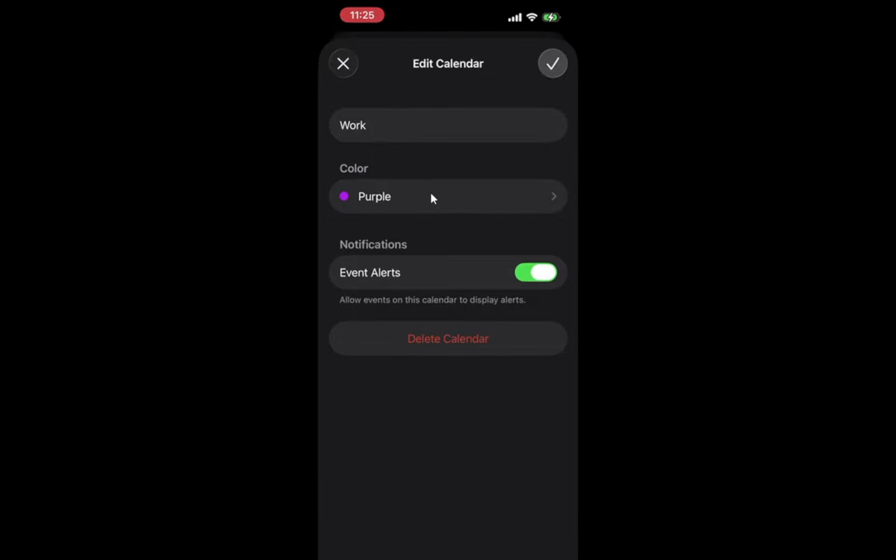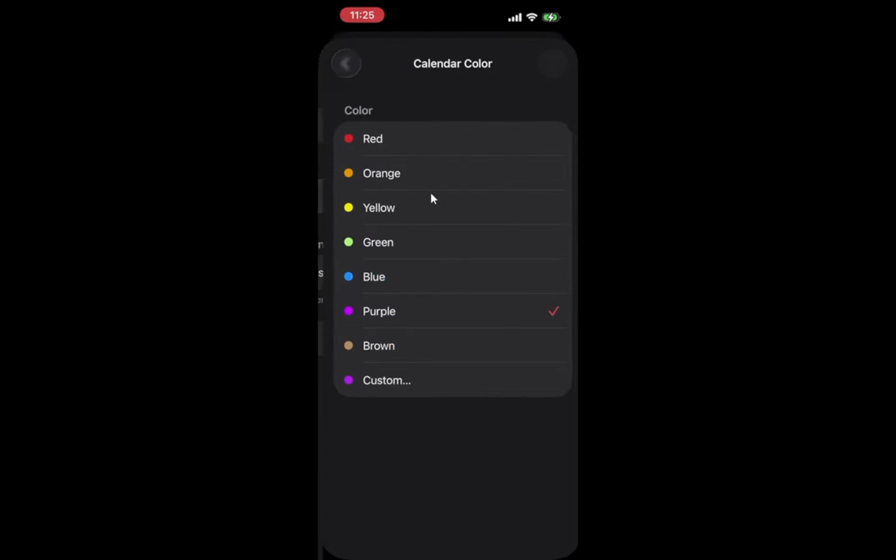Next up, choose a color. On the color screen, you will see several preset color options, each shown as a dot with a label if available. Tap one of these colors to select it. As soon as you tap, a check mark appears on that color, and the preview dot at the top updates. This change applies immediately to all events that belong to this calendar in every view, past and future, so you can quickly see how it affects your schedule.